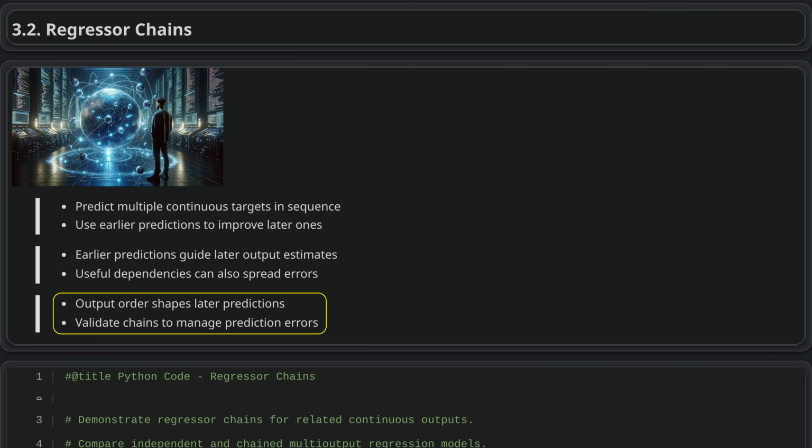In regressor chains, the order of outputs matters because earlier predictions become inputs for later models. Use domain knowledge to choose a sensible sequence when possible. And if the best order is uncertain, test several orders and combine their results. Since training uses true target values, but prediction depends on the chain's own earlier outputs,